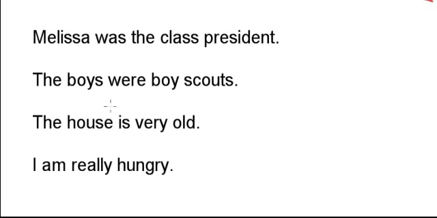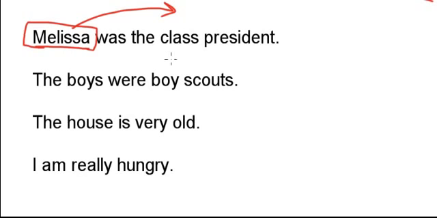Okay. Now we're going to talk about linking verbs. Linking verbs link the subject to something in the predicate portion of the sentence. It's like you're saying the subject of the sentence is equivalent to something in the predicate. All right? The past sentences we've been looking at are all action verbs. They show an action, they tell what someone did or what someone is doing. But in these sentences, the linking verbs are telling us what someone is being, or what someone had been,